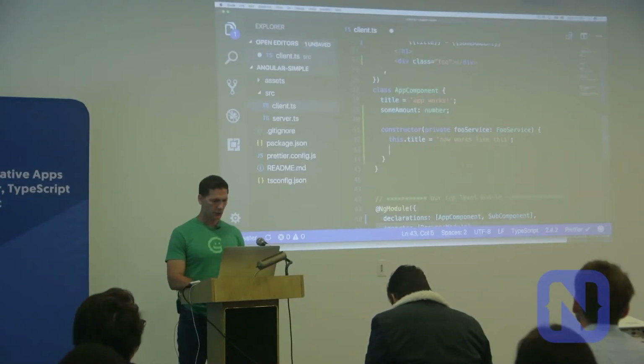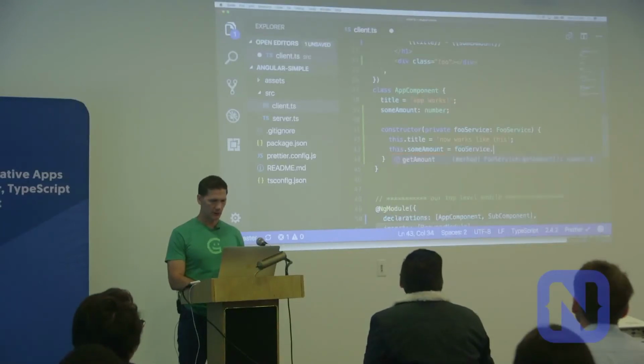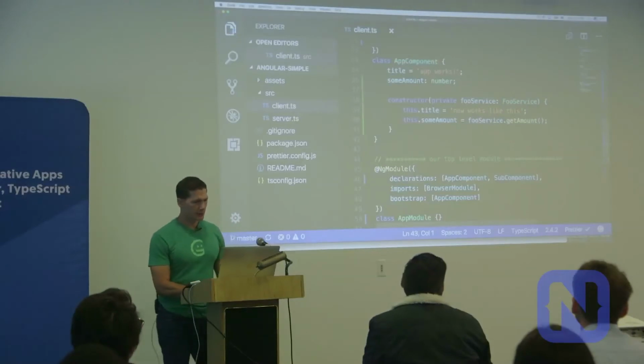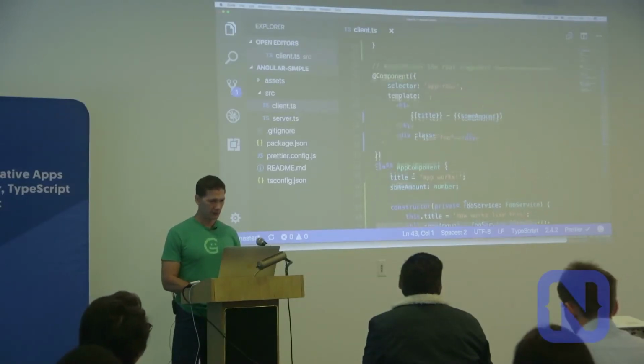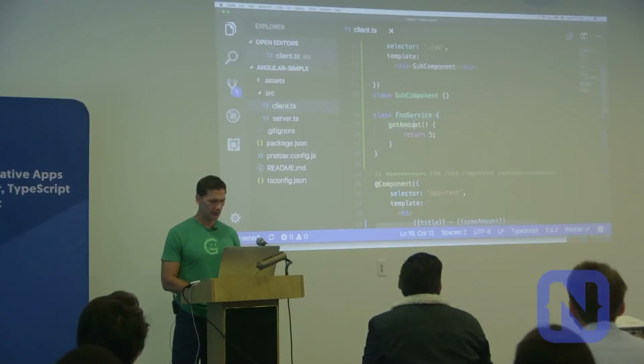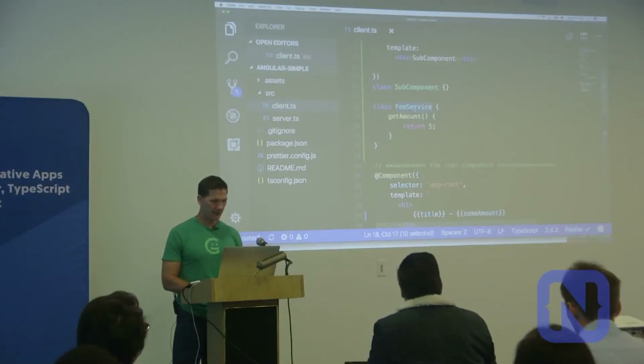And let's do this dot some amount equals foo service dot get amount. So what this is doing is injecting foo service, this thing that I just created quickly up here. And in order to do that, I have to actually add it.